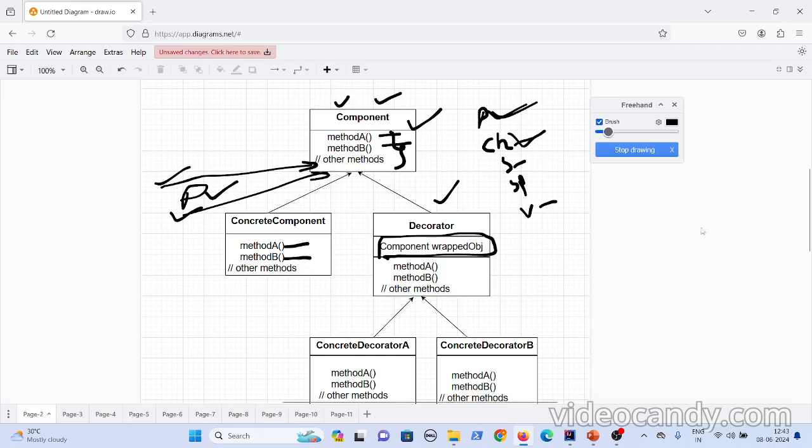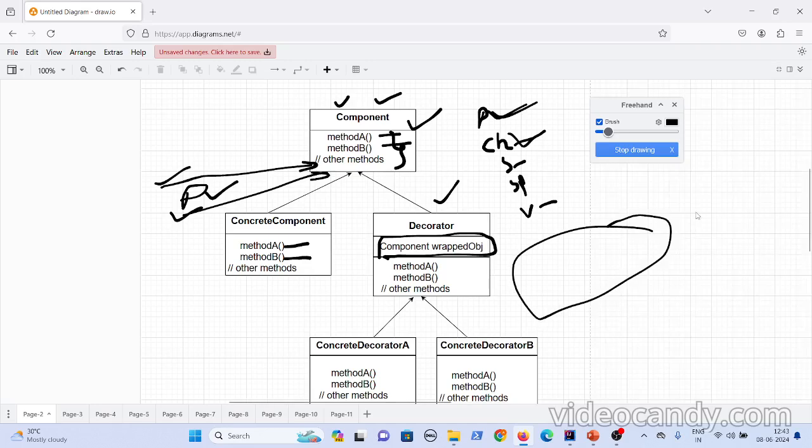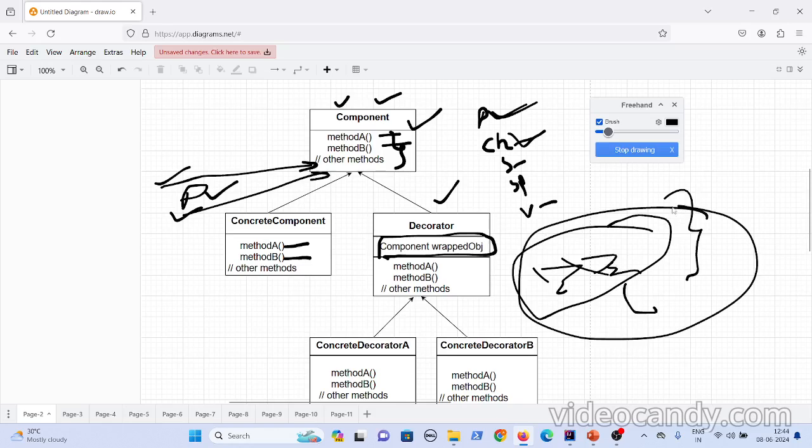Now let's say you have a pizza like this, and this is a component. Now cheese burst is there. Here you will add cheese burst like this. So cheese burst should know on top of pizza, cheese burst is getting added. Now on top of this, you are adding the sauce. Now sauce should have your pizza plus your cheese, right? You should give the pizza which already has cheese burst to the sauce, so that sauce would be added on top of a pizza which is already filled with the cheese burst.